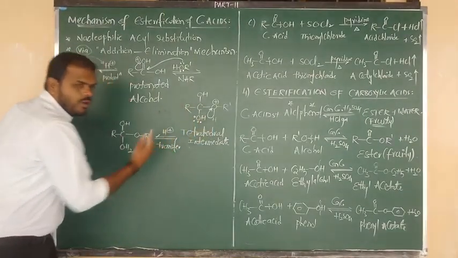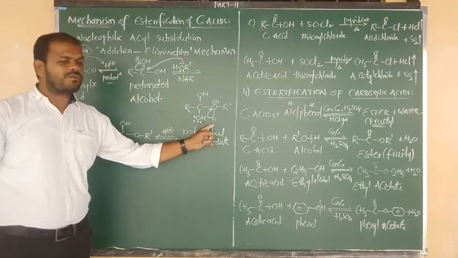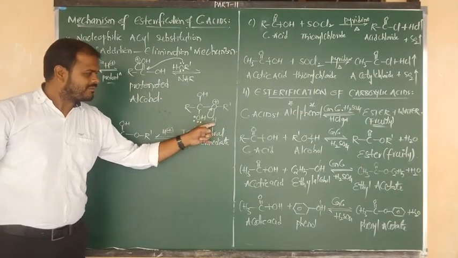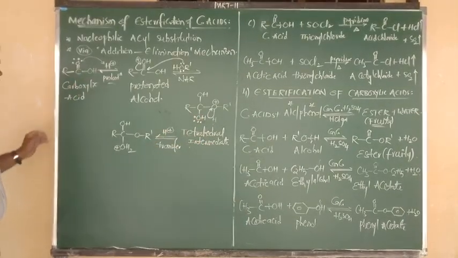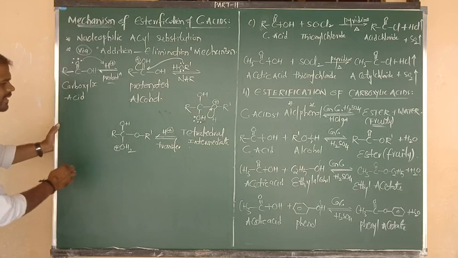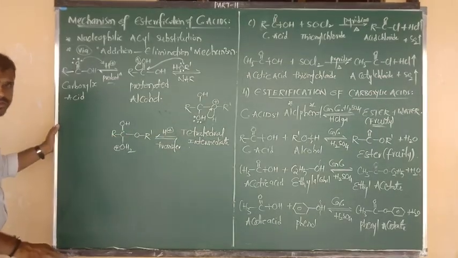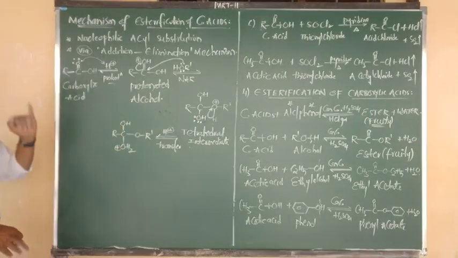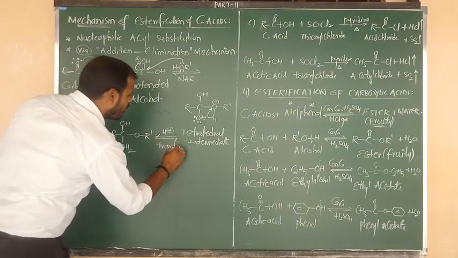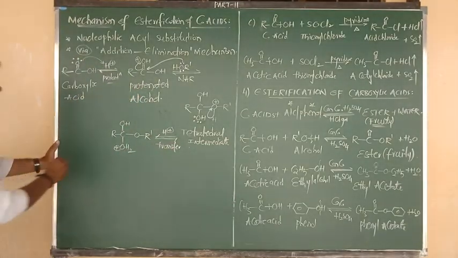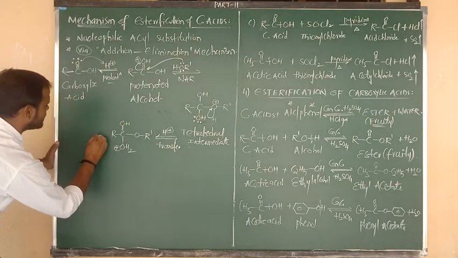So by the donation of the lone pair, the central oxygen contains a positive charge. By the donation of one lone pair, oxygen makes a new bond with hydrogen, and since another bond is already there, we are getting two bonds. Okay, good. Carbon contains 4 bonds, yes, it is also a tetrahedral intermediate, but this is a stable bond, this is an unstable bond. After proton transfer, now what are we going to get? The next step is also a reversible process.